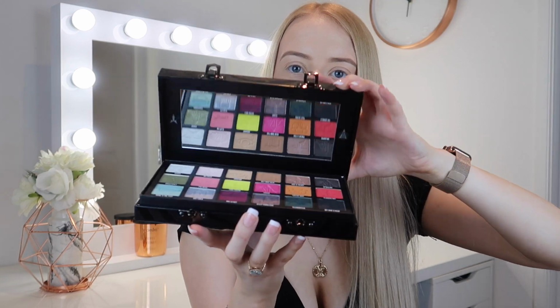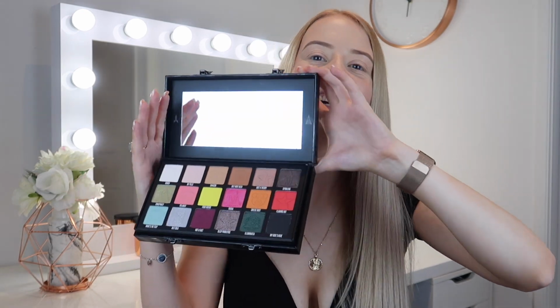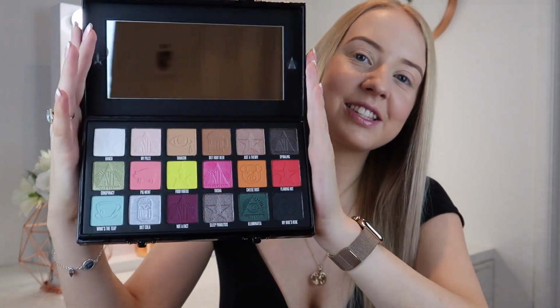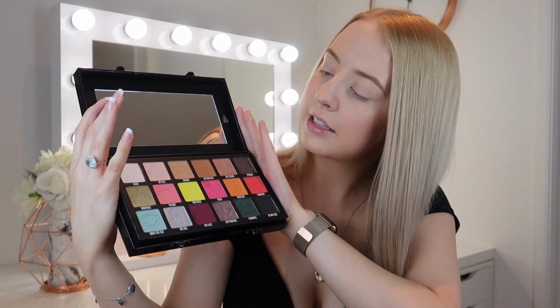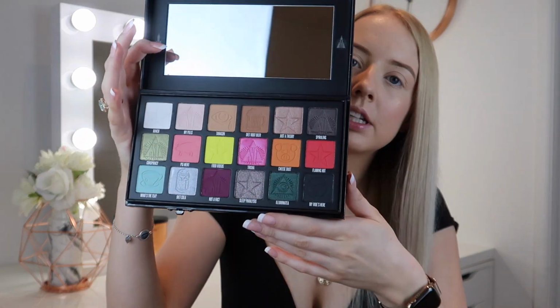So it's got these really cool little clasps that just open up like this. And then here's the big reveal. How pretty is that? That is so nice. Wow. I just love the way that they've put the colours in there as well. They've organised them in a really nice...